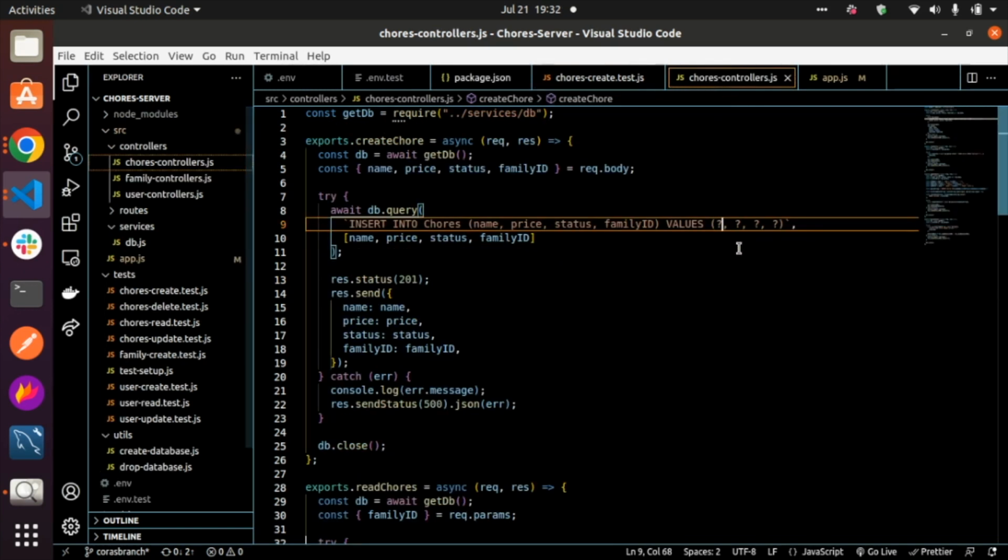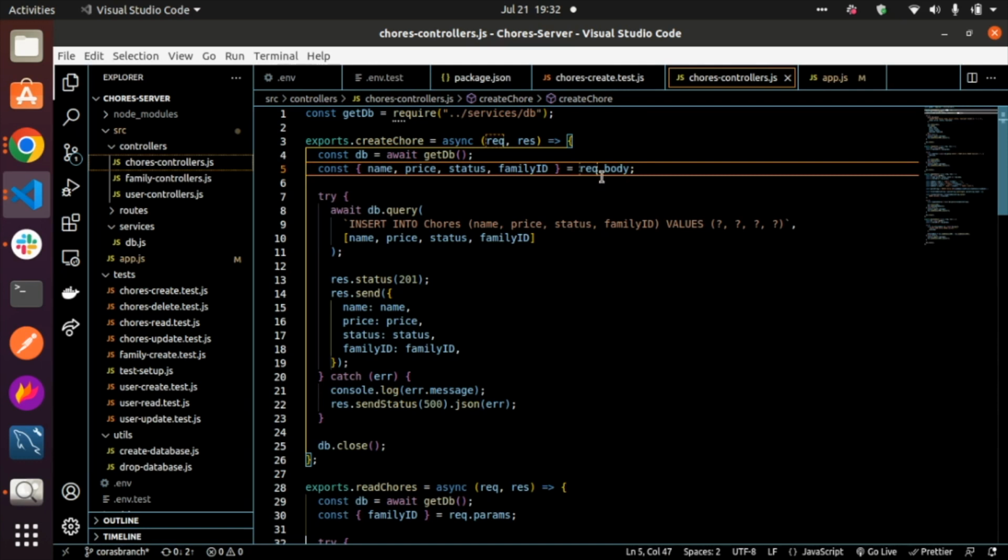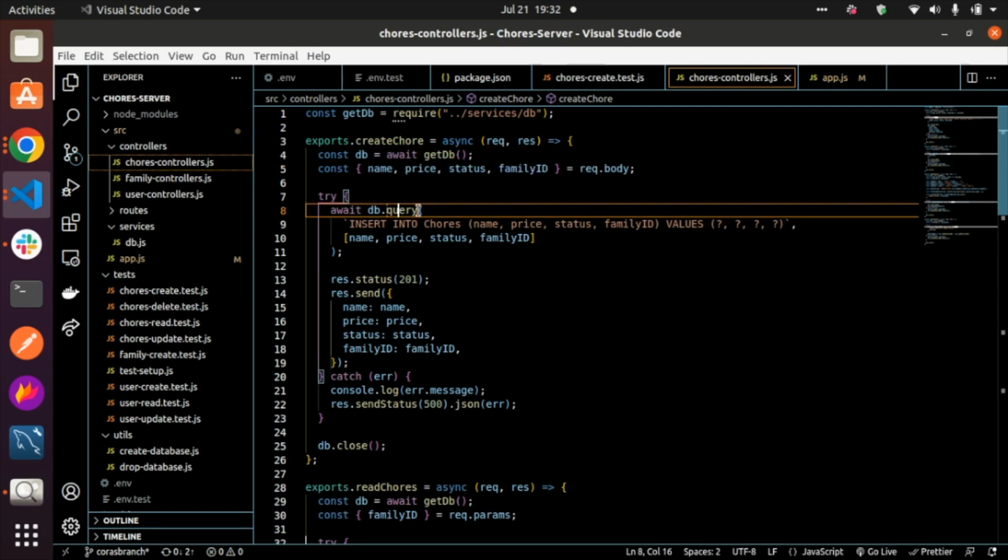In terms of controllers, we used request body and request parameters to get the values that we needed to make our queries. And then within our queries, we made sure to not immediately use these values as part of the SQL string, to protect against SQL injection. So we ended up just using a second argument in the query method where we passed all of our relevant